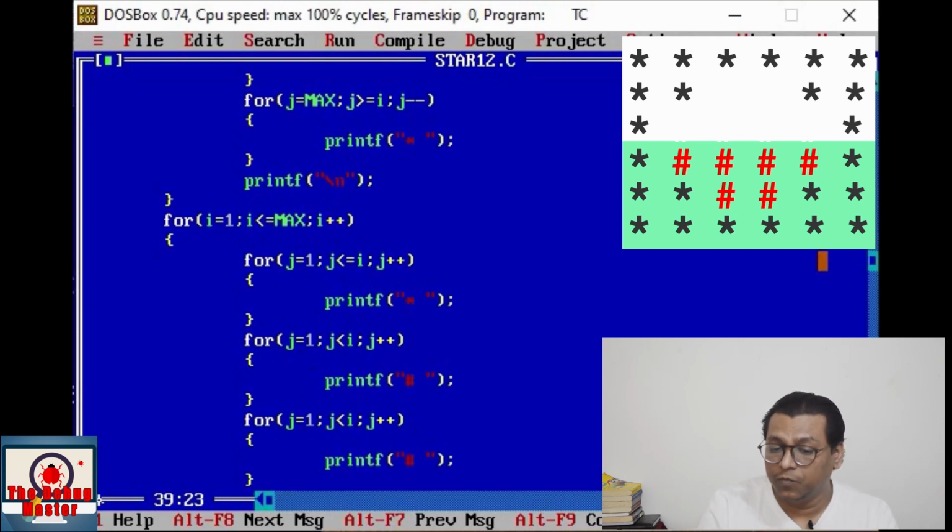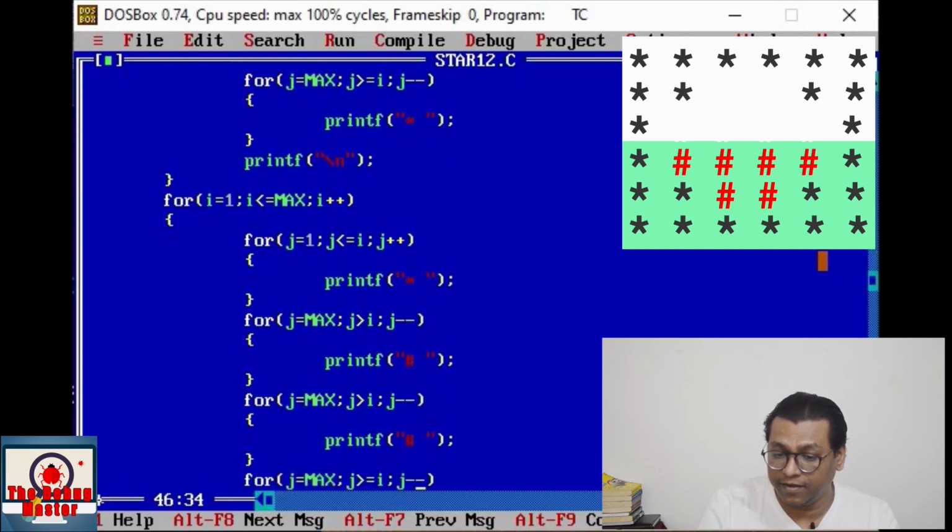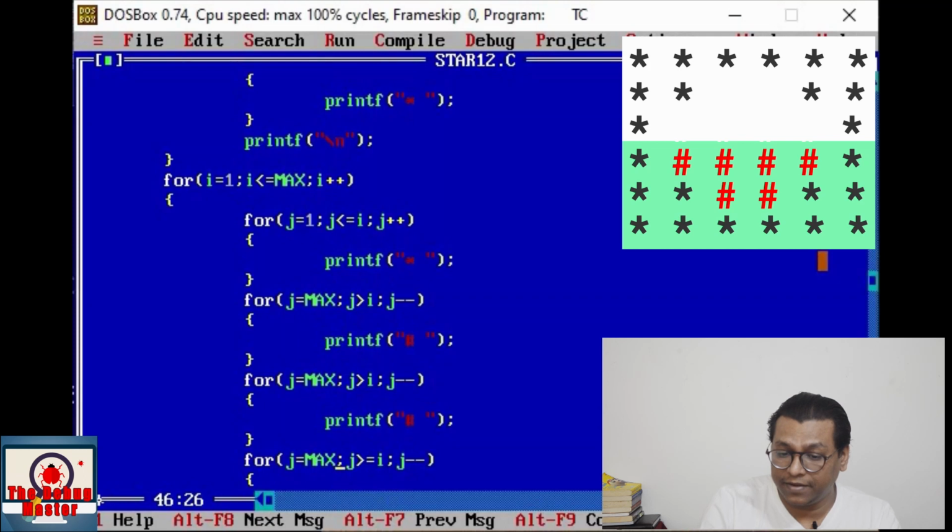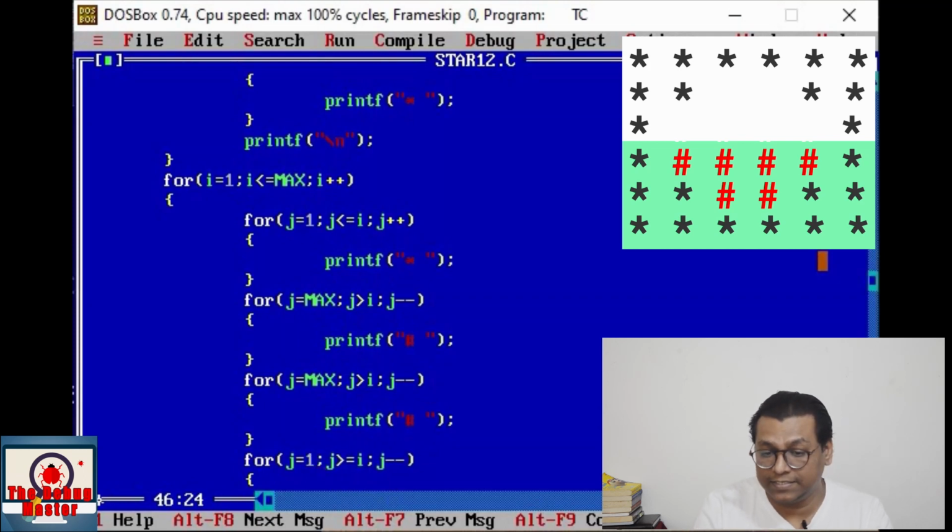So here we shall write j is equal to max, j is greater than I, and j minus minus, and the same over here. So here we shall write j is equal to max, j is greater than I, and j minus minus. And here again the same pattern, j is equal to 1, j is less than equal to I, j plus plus.